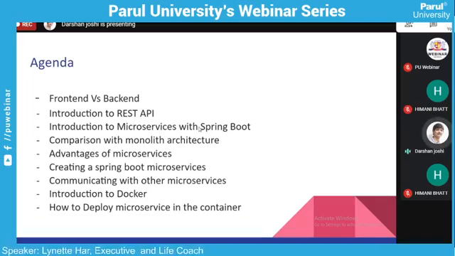We'll look at the advantages of microservices. We'll create live Spring Boot microservices. We'll check how microservices communicate with each other with different methods, and we'll show you an introduction to Docker and how to deploy a microservice in a container.